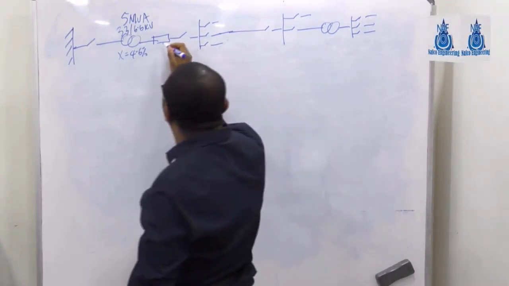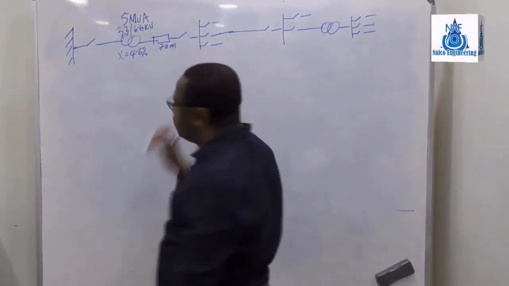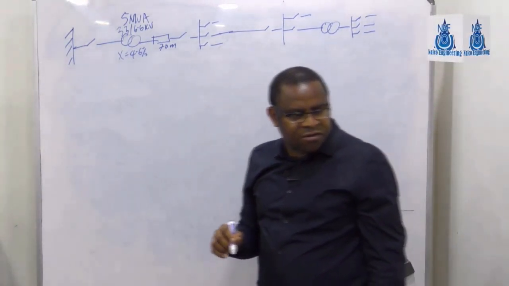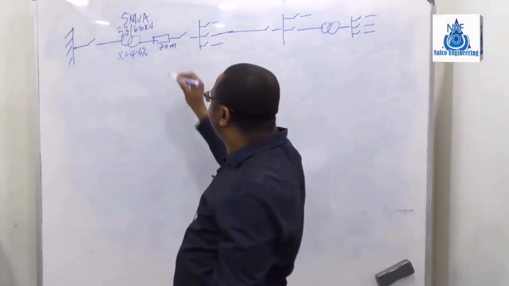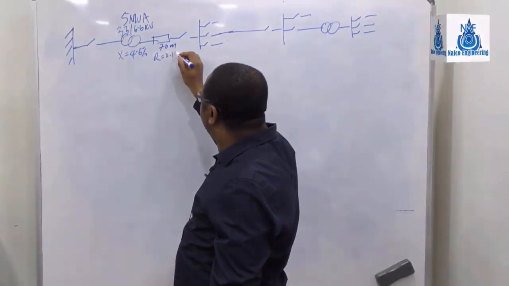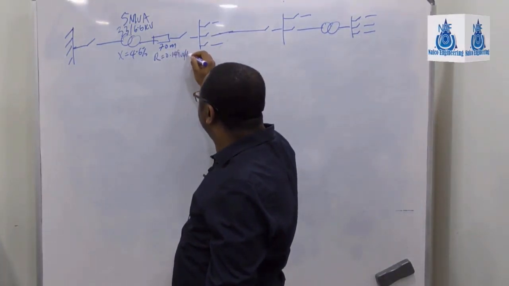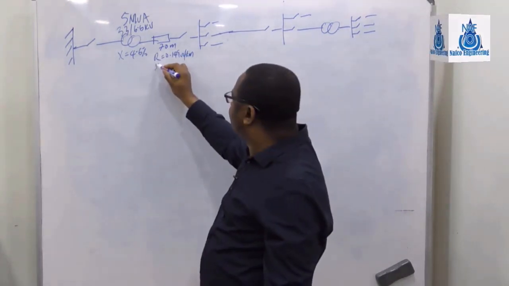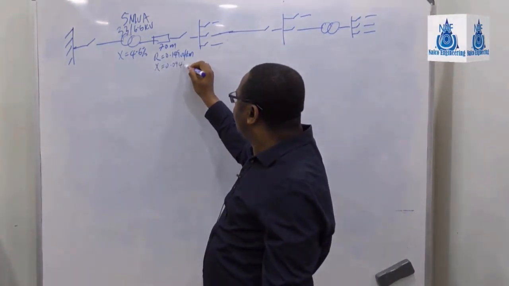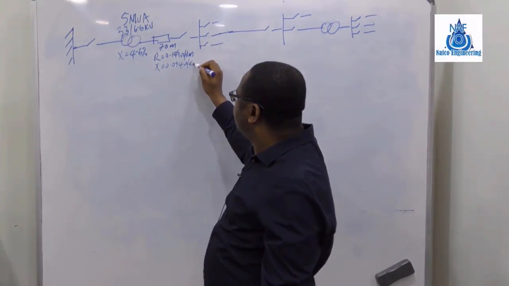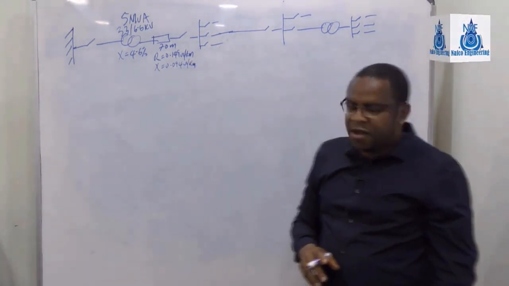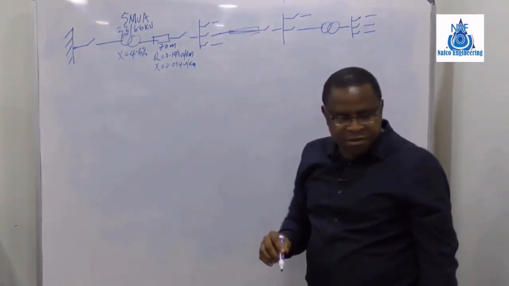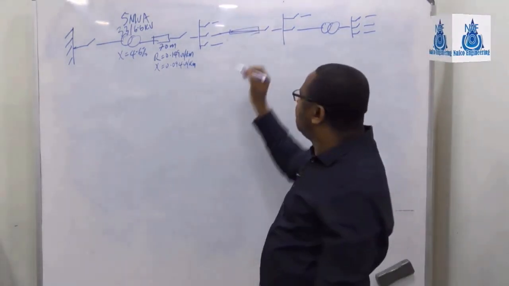70-meter cable, and R is 0.149 ohms per kilometer, and X is 0.094 ohms per kilometer, and that's all. And then we have also another cable here, which is 800 meters,